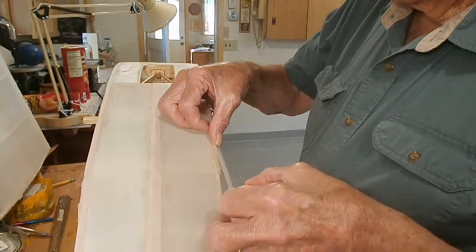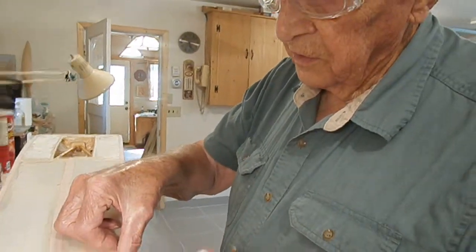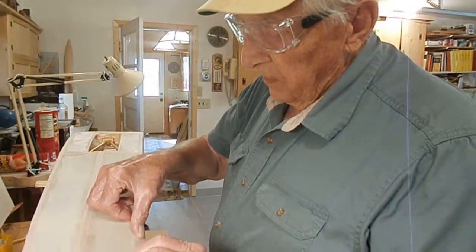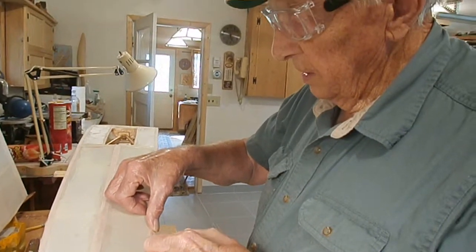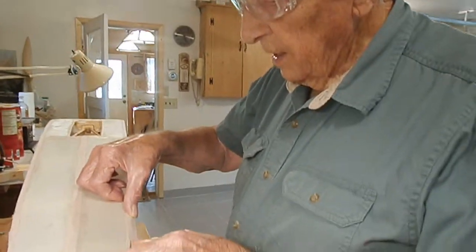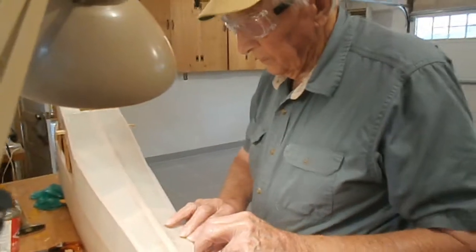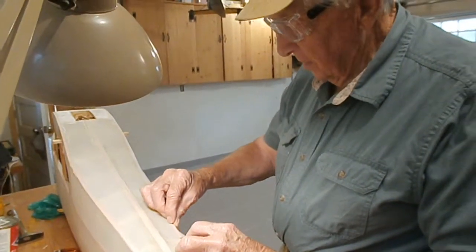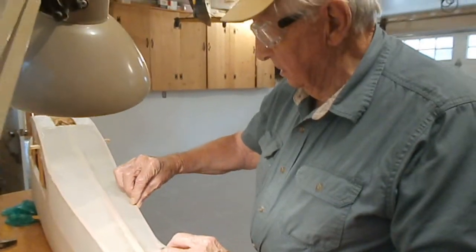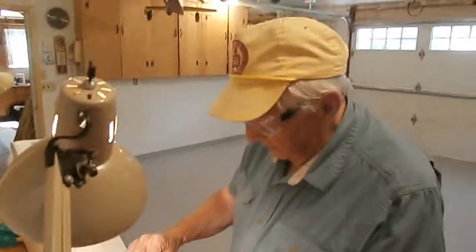So that's what I'm doing now. Before you put the first coat of dope on, of clear dope, nitrate, thinned out, you put the tape on first. Right in the center of your seam, because of where you've doped. So it makes a real neat